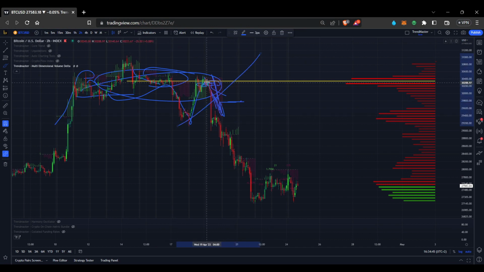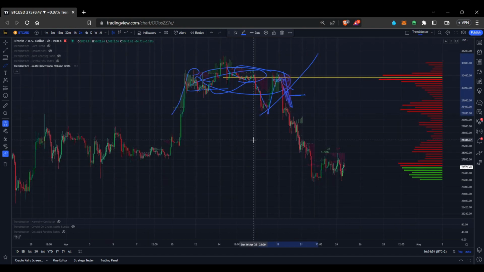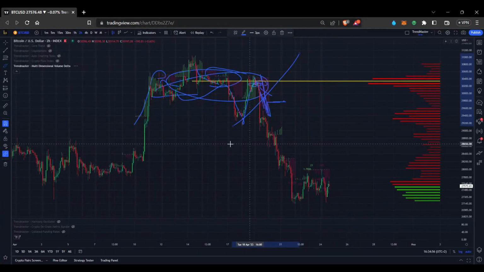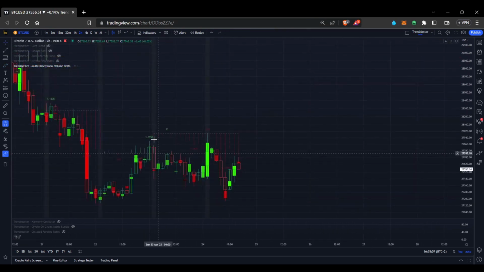But usually when you look at the volume, it gives you this extra insight into the supply and demand. All trading is really supply and demand, and the more people that want to buy versus the more people that want to sell. Obviously price action is a great way to do that, but once you include the volume data, it shows you the numbers behind how many people are buying and how many people are selling. And on the delta as well, if you zoom in a little bit here, it can show you